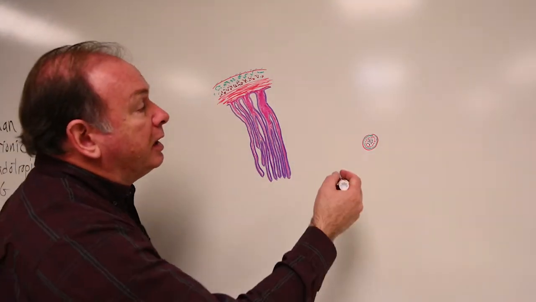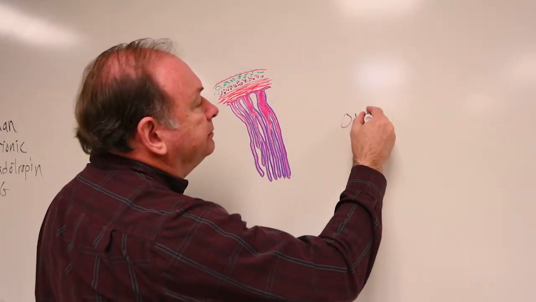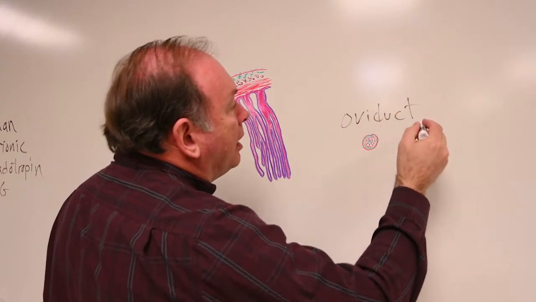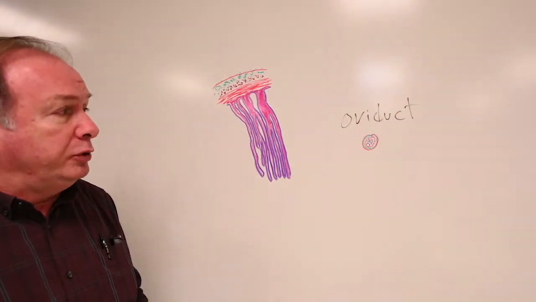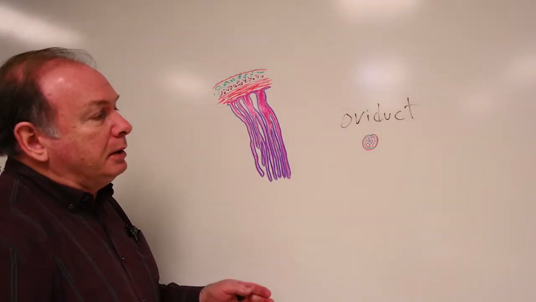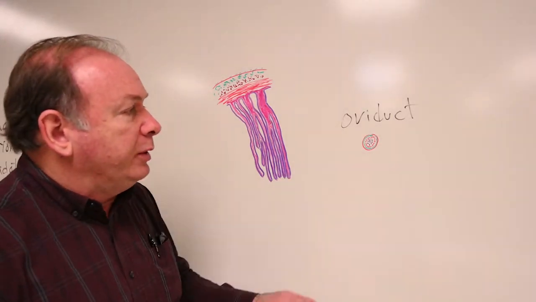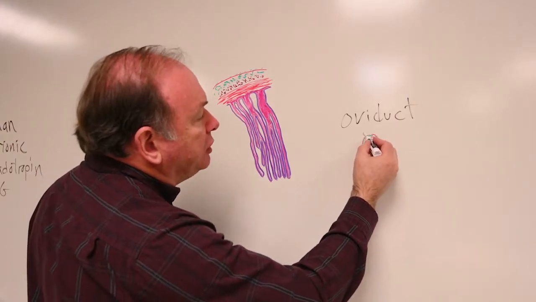Now we're going to look at a cross-section of the oviduct. The oviduct is sometimes called the uterine tube or the fallopian tube. It's all the same thing. But anyway, if we were to cut through an oviduct and take out a tiny wedge of that oviduct and